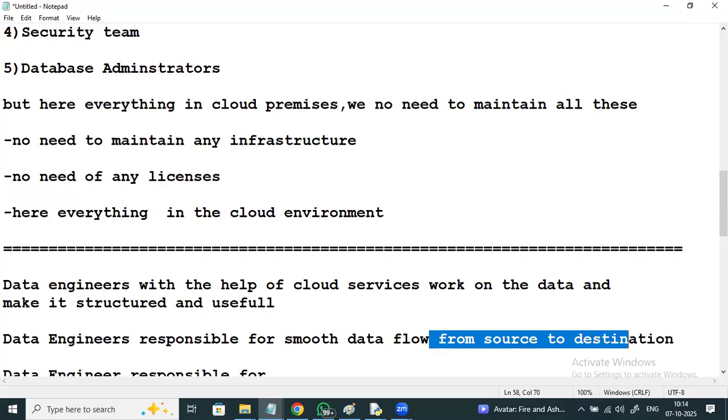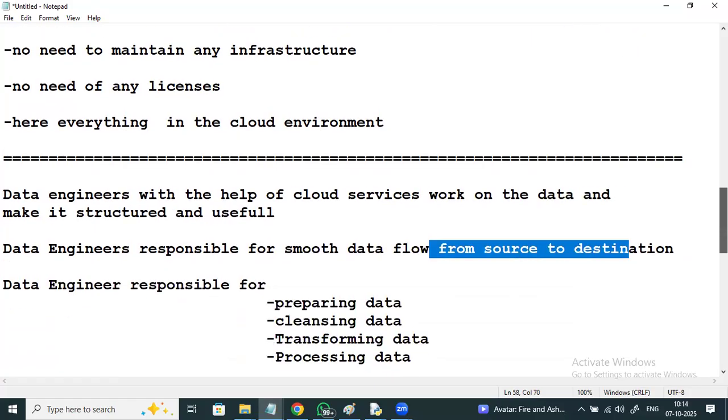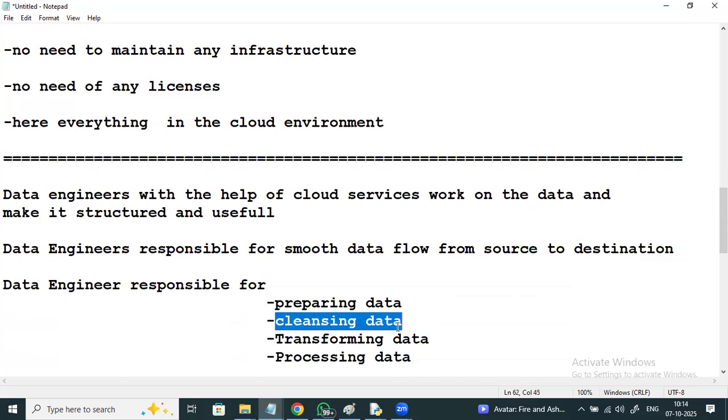Generally, data engineers are responsible for preparing the data, that is extracting, cleansing or filtering, transforming, and processing data.